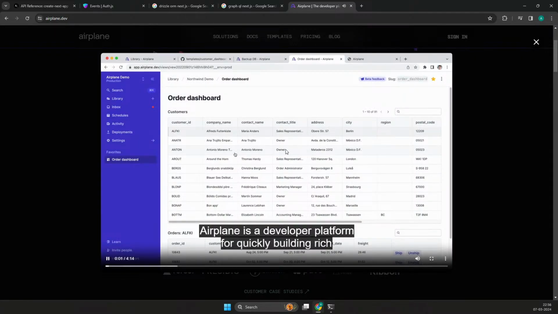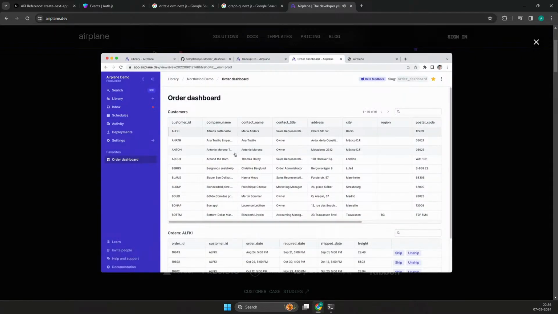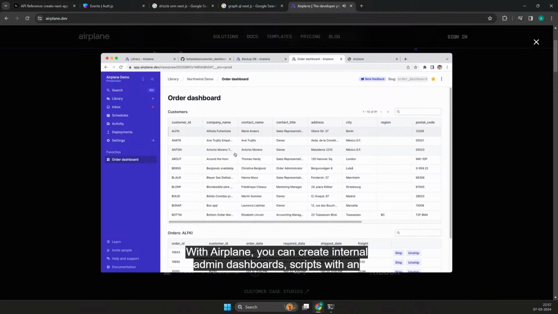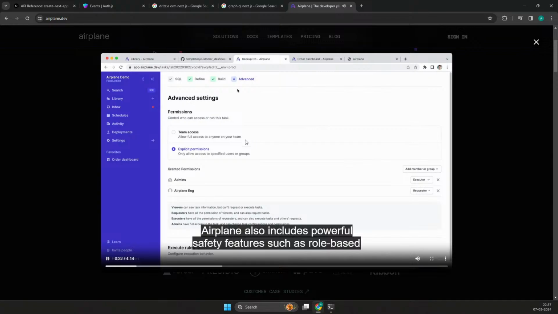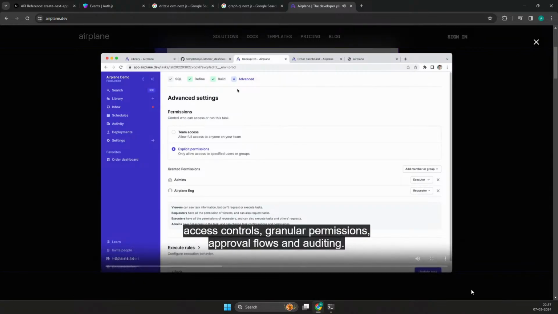Airplane is a developer platform for quickly building rich internal tools for your team. With Airplane, you can create internal admin dashboards, scripts with an interface, automated cron jobs, and multi-step human-in-the-loop workflows. Everything in Airplane can be specified in code. You can use version control, code review, and automatic deployment like you would with normal code. Airplane also includes powerful safety features such as role-based access controls, grant